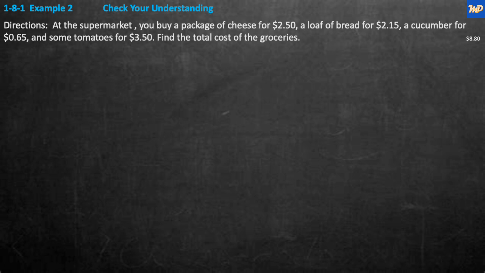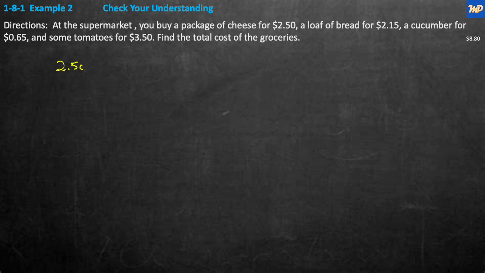Okay, so it says at the supermarket you buy a package of cheese for $2.50, a loaf of bread for $2.15, a cucumber for 65 cents, and some tomatoes for $3.50. So let's start by just writing them down, right? Let's write them down. So we're going to start off with